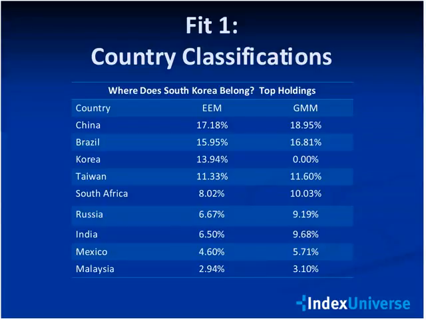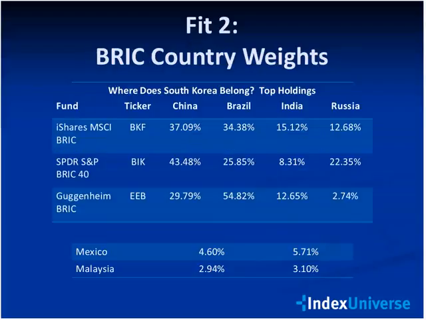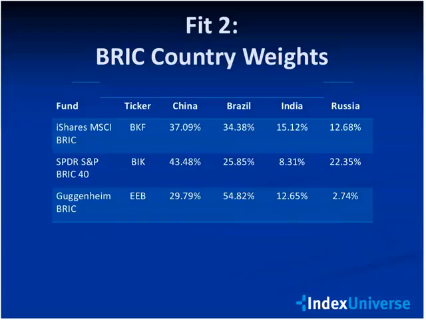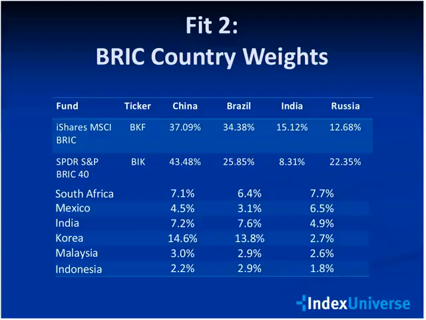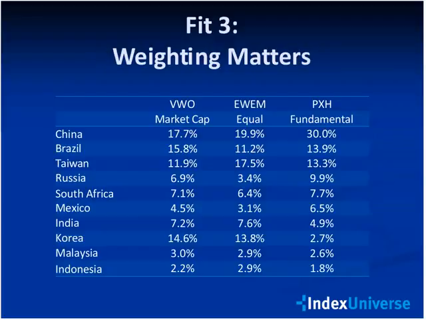That makes EEM a more developed fund than GMM, and that shows up in both risks and returns when you look at performance. Another quick example of how this country-based exposure can differ wildly is the 3 BRIC ETFs. If you just look at the Russian exposure on this chart, you can see it ranges from 2% for EEB to 22% for BIK. Tweaks in weighting strategies also impact country exposures.